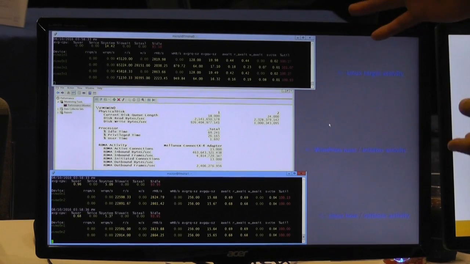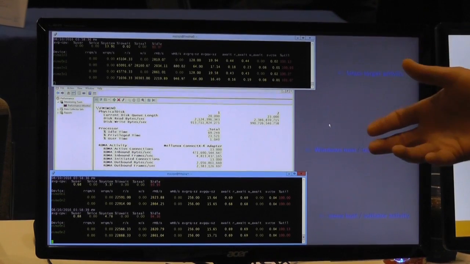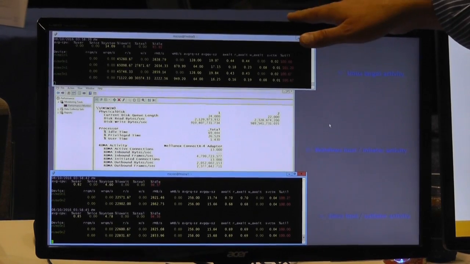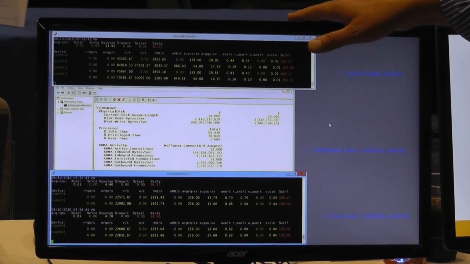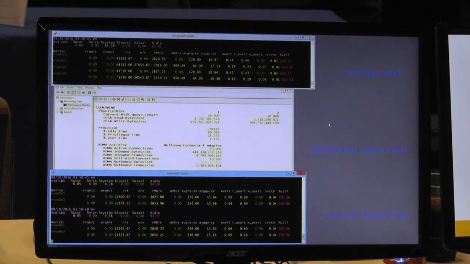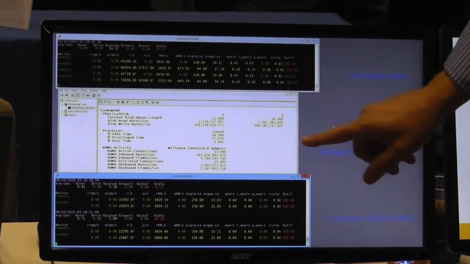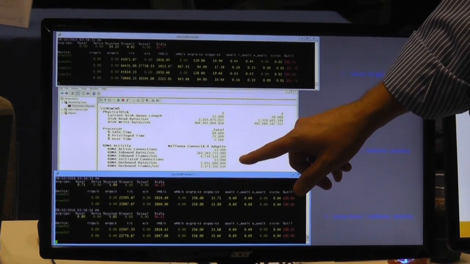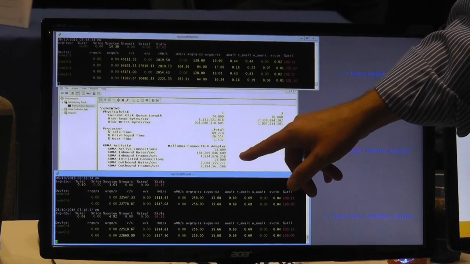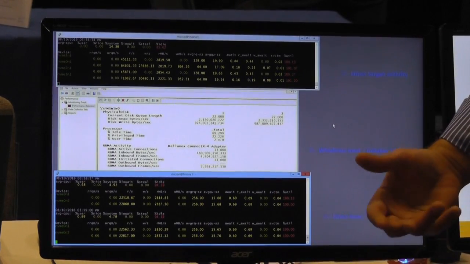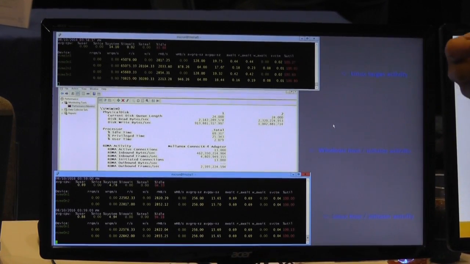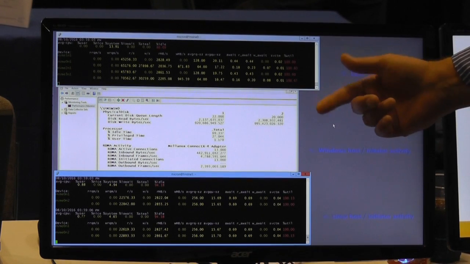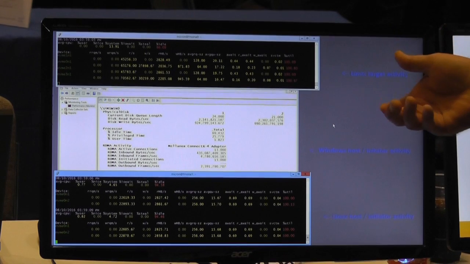So the numbers themselves are not that interesting. To be honest, they're synthetic workloads, but the whole idea is to show that yes, this interoperability works well, and that the interconnect itself is extremely efficient. So when we look down here at some of these transfers, these are the RDMA transfers, which stands for Remote Direct Memory Access. And what's really important about that is it's extremely lightweight as far as processor consumption on the